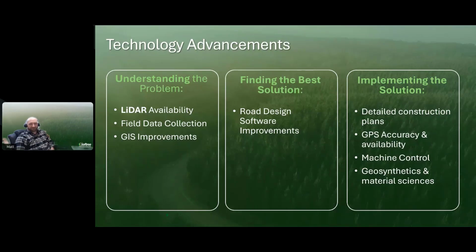Not super flashy, but being able to have detailed construction plans saves a lot of downtime and missed opportunities. But if we look at kind of the more techie stuff, well, GPS, super valuable from an implementation standpoint. That goes hand in hand with machine controls, which again, super valuable for just improving efficiency. And then some things that we don't necessarily jump to think about is just improvements in materials. So it could be geosynthetics, it could be materials for culverts, and lots of other items there too.